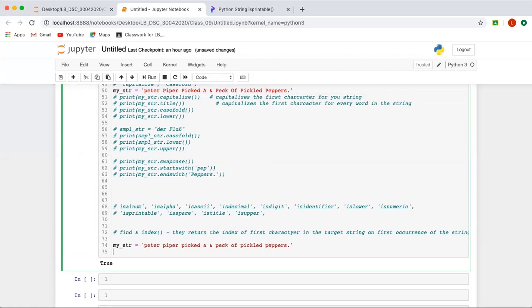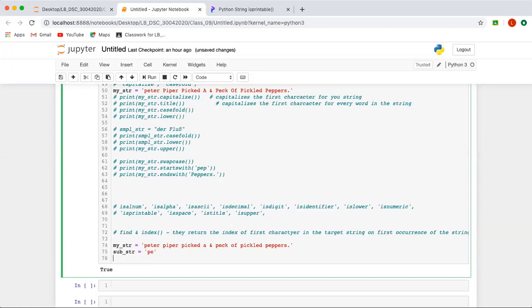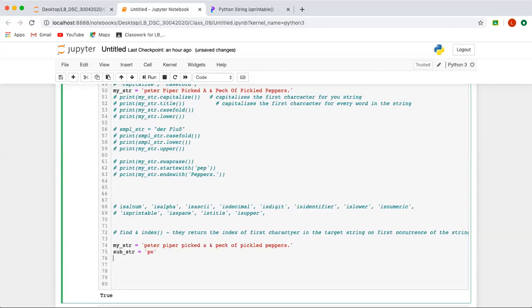I'm looking for PE. So I will write sub_str is equal to PE. Now, what I'm looking for is this PE. What the find method and index method will do is go inside this string and look for this combination of characters. You may pass a single character or a group of characters to this substring. Wherever it finds the first occurrence, it will return the index of the first letter in that first occurrence